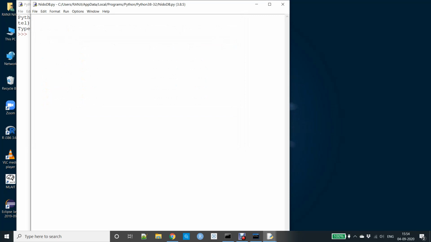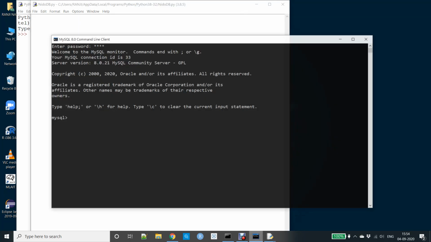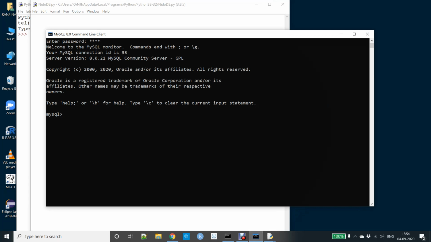So first of all, before that, let us go here and check. Now if you just type the password, it will give you all this. Upon successful connection to your MySQL database, it will give you this window and all these things.